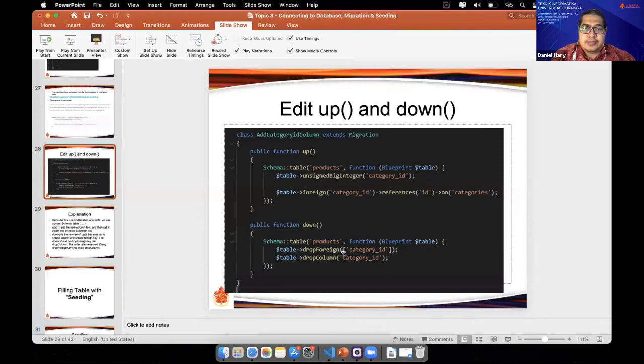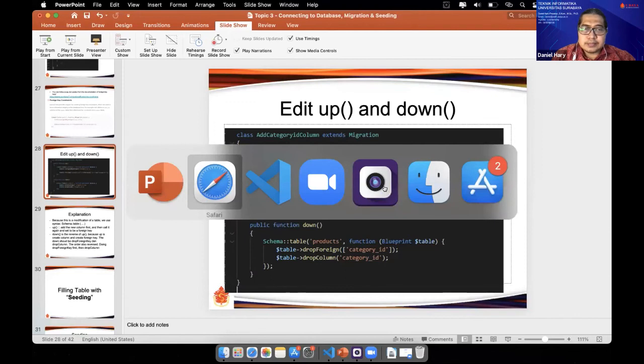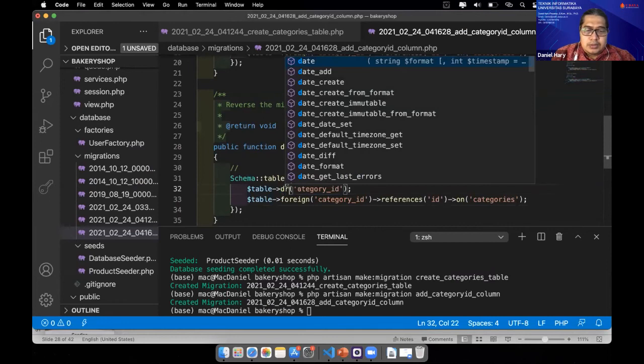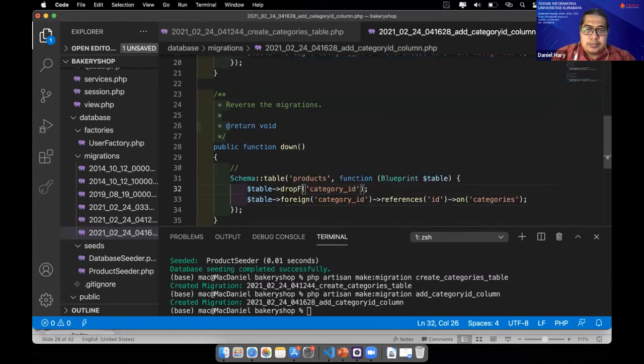Drop foreign, drop foreign category ID, and then drop column.